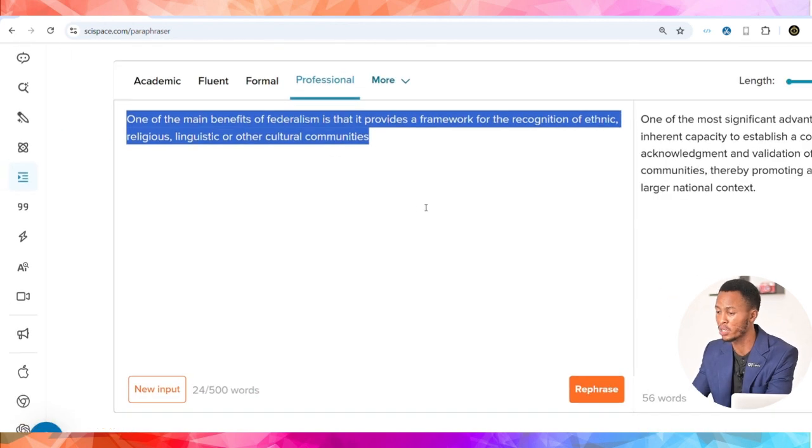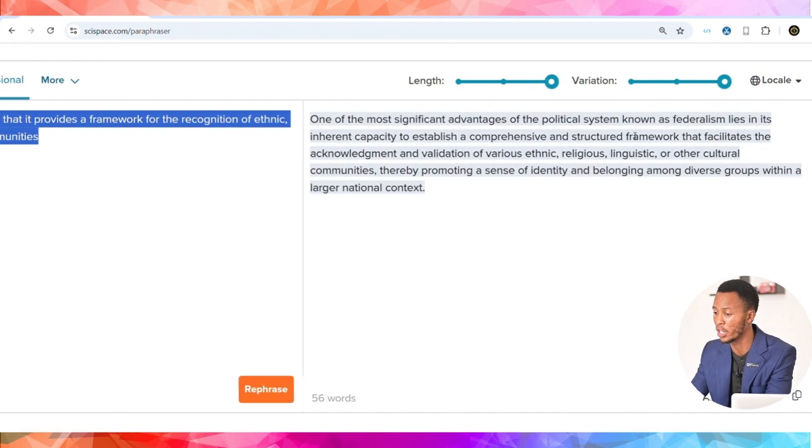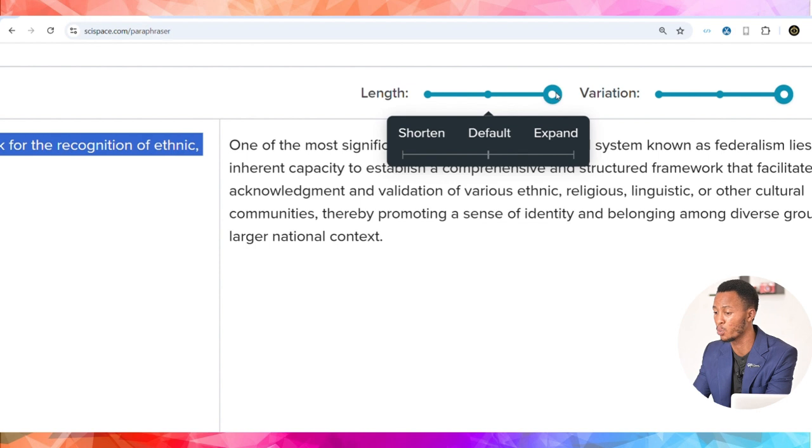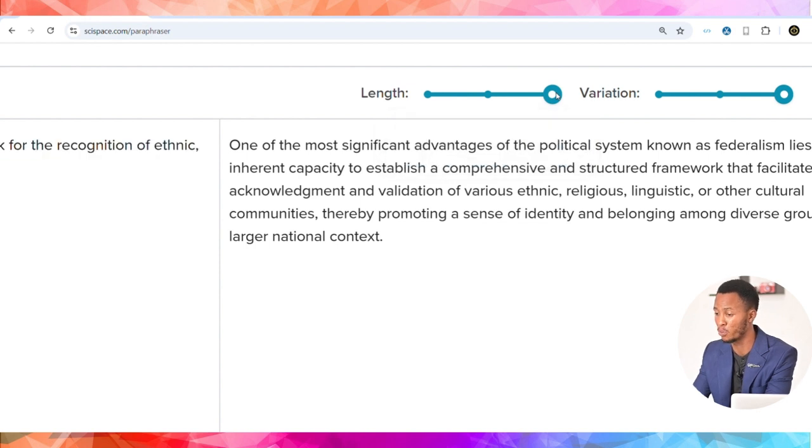And another thing you should take note of while you are trying to paraphrase is this button right here. As you can see, you can use this button in expanding your text. If you bring it to the middle, you can bring it to your default, and if you bring it down here, it means you want it to shorten the paraphrasing process. But for me, I'm just going to click on